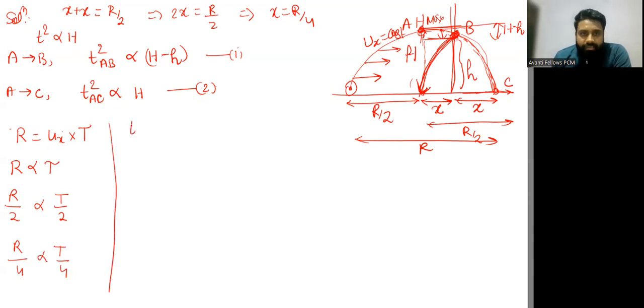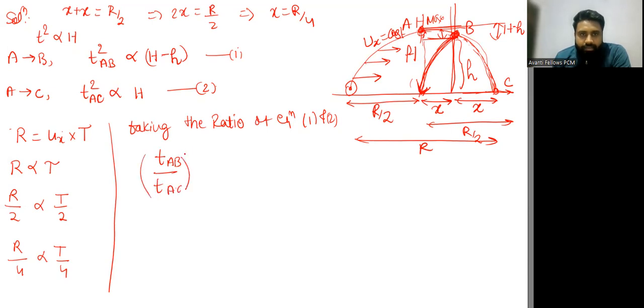Now, taking the ratio of equation 1 and 2, it will be T of AB by T of AC, whole square, is equal to capital H minus small h divided by capital H. Now, T of AB, which means A to B,